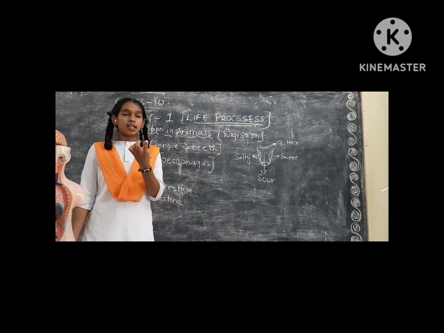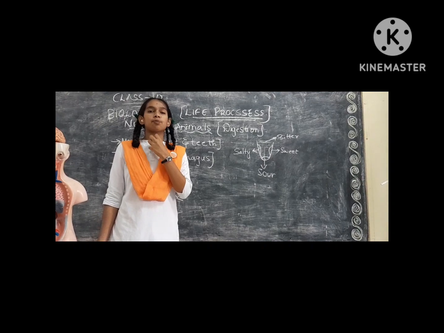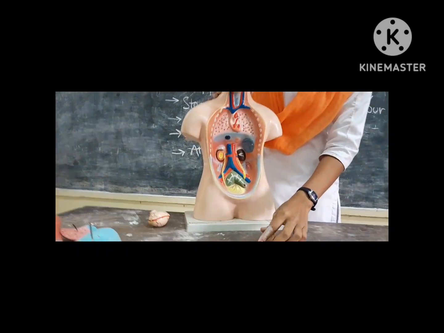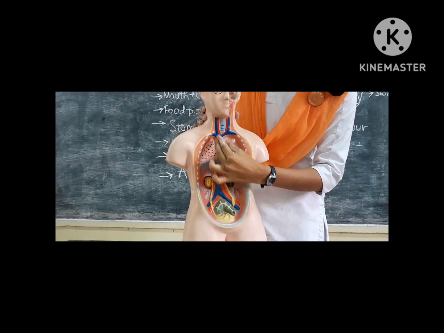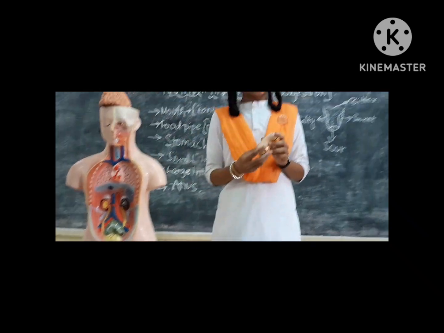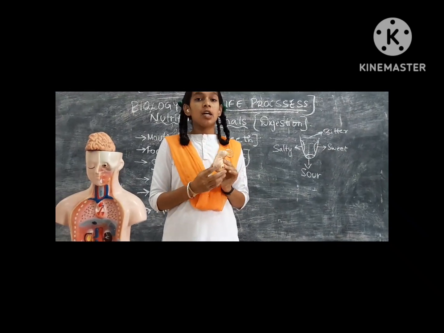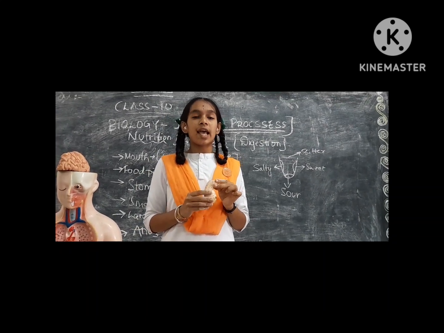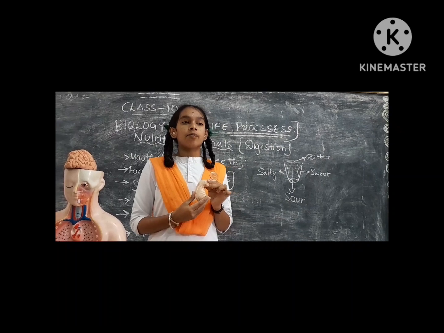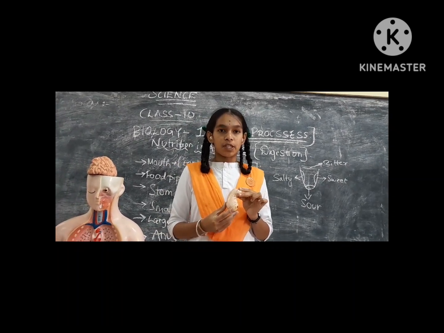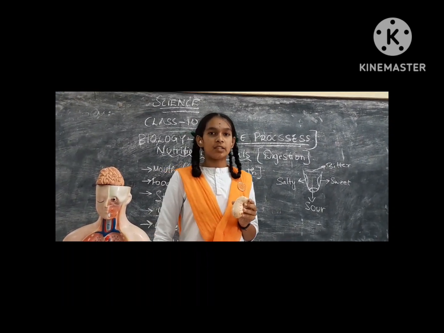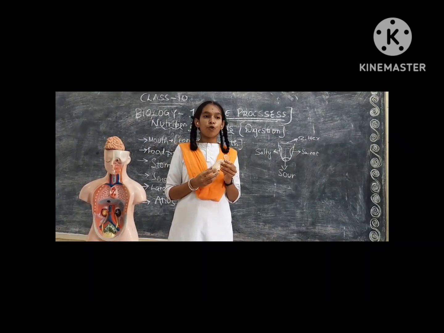The food we eat is crushed, and the food moves towards the food pipe. The food pipe is 20 to 22 meters long. The food pipe moves towards the stomach. The stomach is a sac-like structure in the J shape. The food enters the stomach. It releases gastric juice, and the stomach's gastric juice secretes HCl acid and mucus. HCl acid facilitates the enzyme called pepsin. The mucus protects the stomach from HCl acid. HCl acid breaks down food into liquid form.